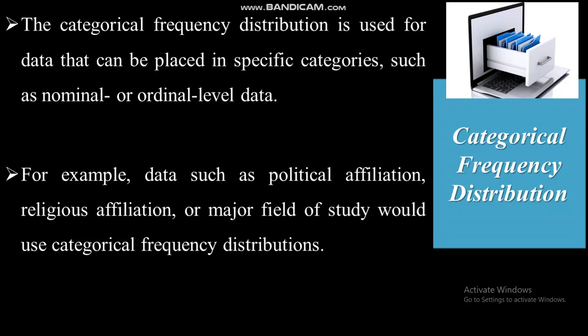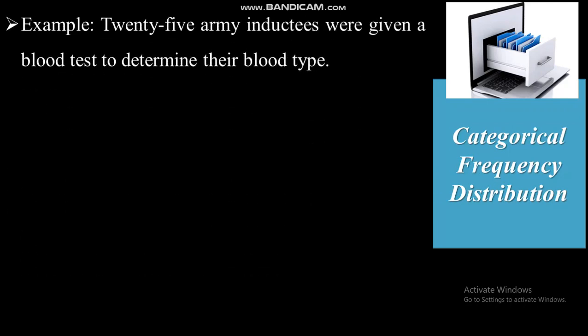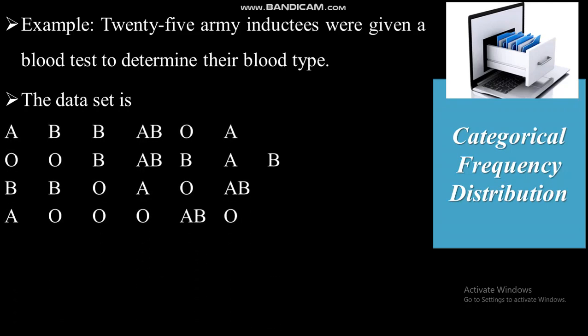ካታጎሪካል ፍሪኩዌንሲ ዲስትሪቢዩሽን ኤግዛምፕል እስኪ እንውሰድ። ዳታዎቹ ማለት ፖለቲካል አፊሊዬሽን ሊሆን ይችላል፣ ሪሊጂየስ አፊሊዬሽን ኦር ሜጀር ፊልድ ኦፍ ስተዲ ዲፓርትመንቱ ምንድን ነው ምናምን የሚሉ እንደዚህ አይነት ካታጎሪካል ዳታ ሲሆን ካታጎሪካል ፍሪኩዌንሲ ዲስትሪቢዩሽን እንጠቀማለን ማለት ነው። ኤግዛምፕል እዚህ ጋር ብለድ ታይፕ ኦፍ 25 አርሚ ተሰጥቶናል። ይሄኛው the original form of the data set is known as the raw data. The raw data for 25 armies is given as follows. በዚህ መልኩ የ25 ሰዎች ብለድ ታይፕ ነው።